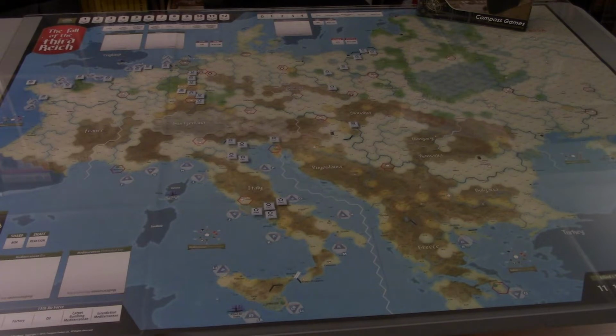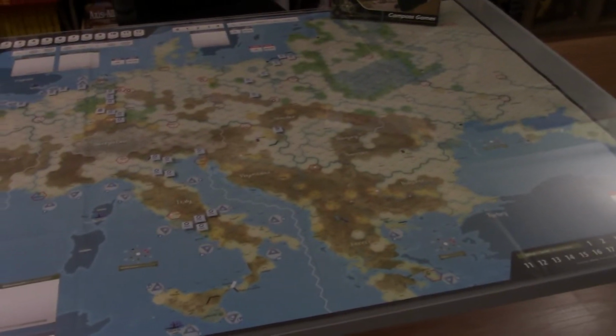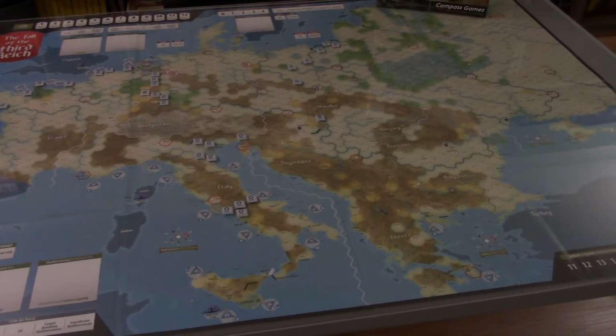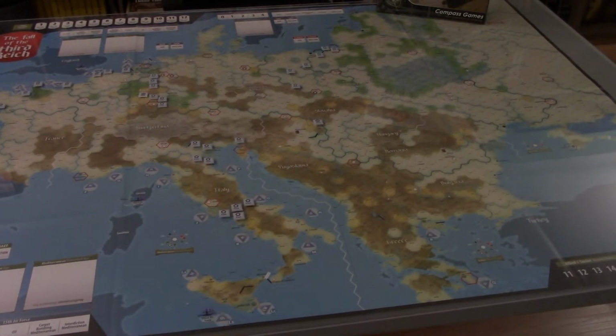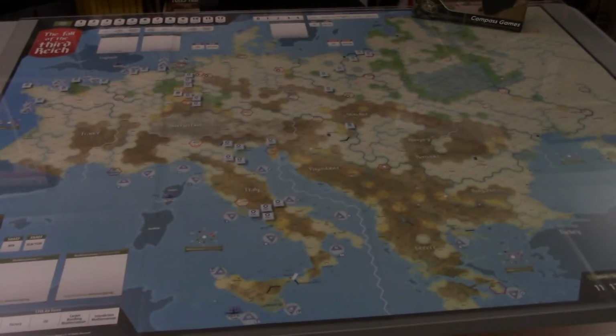Now the map runs from, as you can see, France in the west to the stretches of Russia in the east, and the Black Sea over here. You can see a little bit. The south end of the map cuts off a little bit of Greece and terminates at basically Sicily. And as you can imagine, the North African theater is pretty much over at this point by 1943,